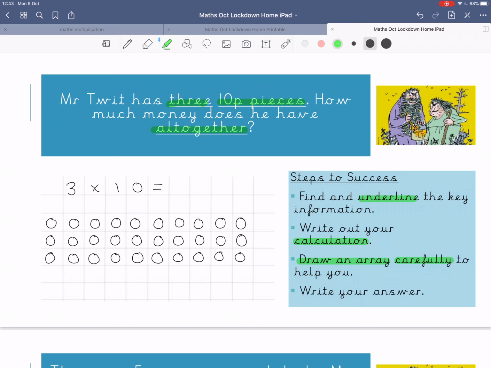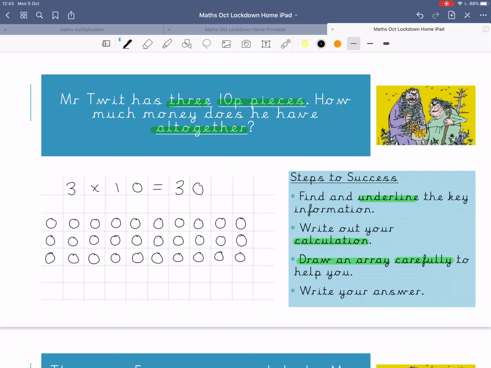Now we can count in our 3s or in our 10s, okay? I'm probably not as confident with my 3s, so I'll go with my 10s, okay? If you want to have a little double check with your 3s, that's fine. So let's count this way. 10, 20, 30. Okay, so there's my first answer,